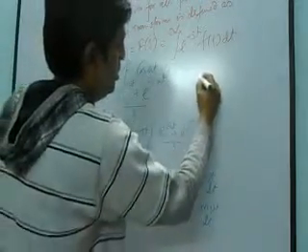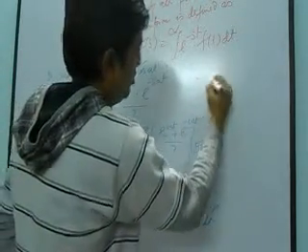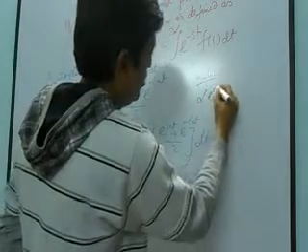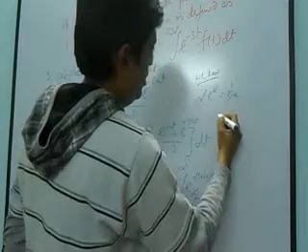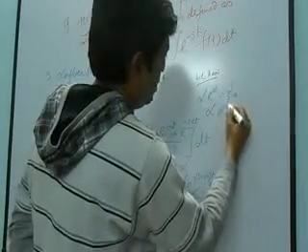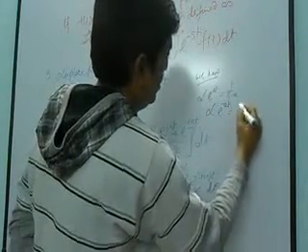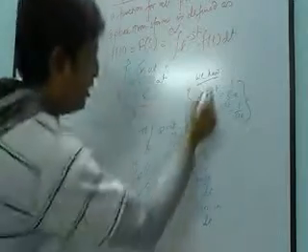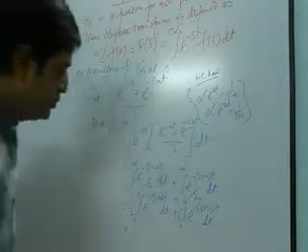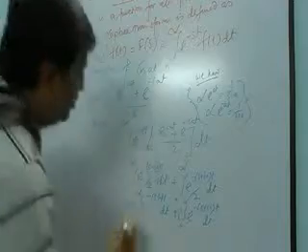We know that the Laplace transform of e to the power at is equal to 1 by s minus a, and the Laplace transform of e to the power minus at is 1 by s plus a. Now applying this formula, we can say half of